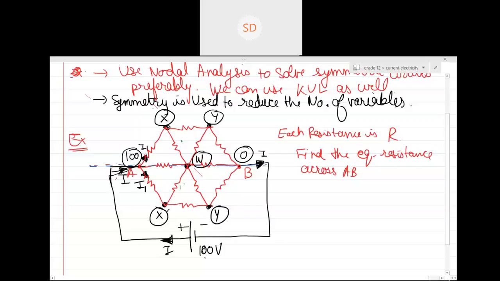Yes, sir. So can you see by knowing the knowledge of symmetry, the whole thing broke down from 5 variables. It broke down to how many variables? 3 variables. This is the first concept of symmetry which we will learn. First concept clear, guys? The upper part, lower part. Can you see the circuit was symmetric? So basically, you did what? X, y, x, y.